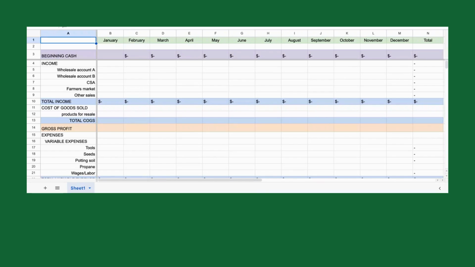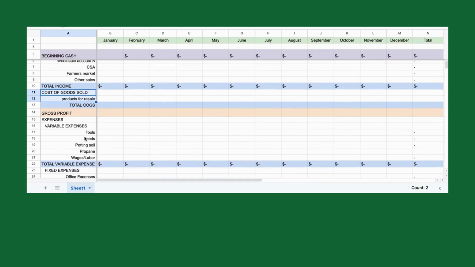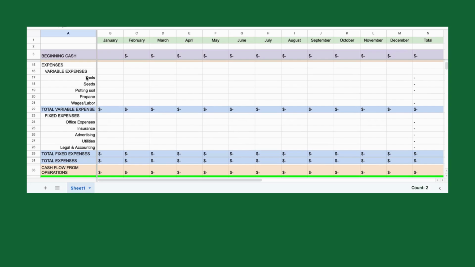And the first thing I want to point out is that the cash flow projection shares most of the chart of accounts, which is what you see in column A, with the income statement. And that's the financial report, also known as a P&L or profit and loss statement. And so the cash flow projection accounts are structured the same way as the income statement, with the income or revenues at the top, followed by the cost of goods sold, then scrolling down through your operating expenses,